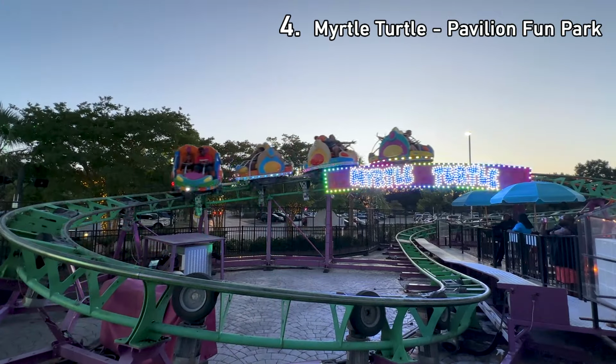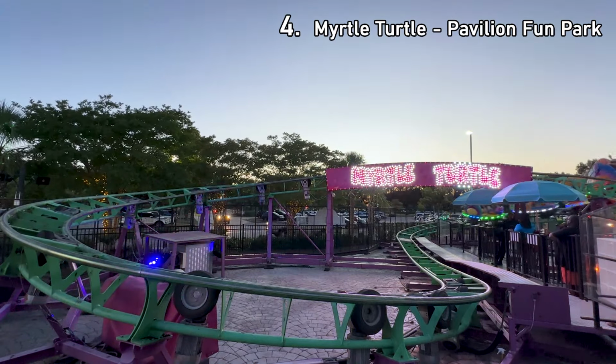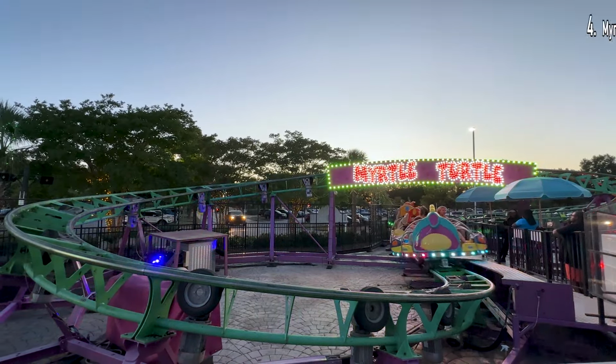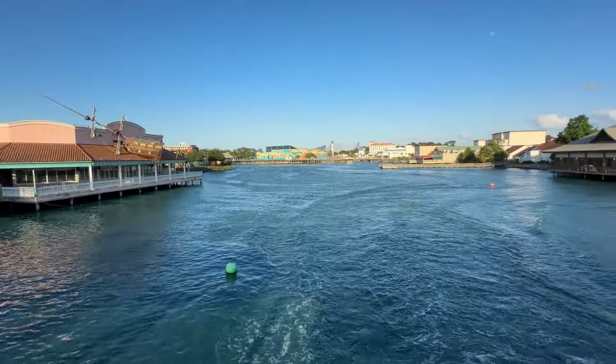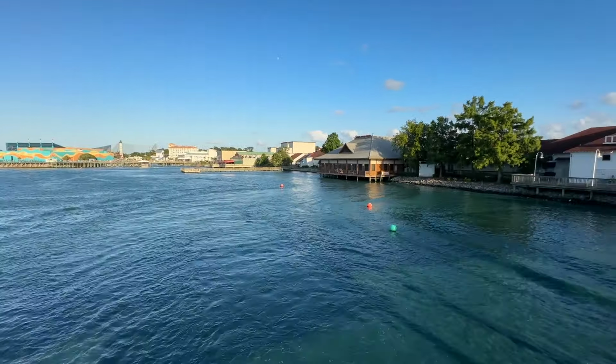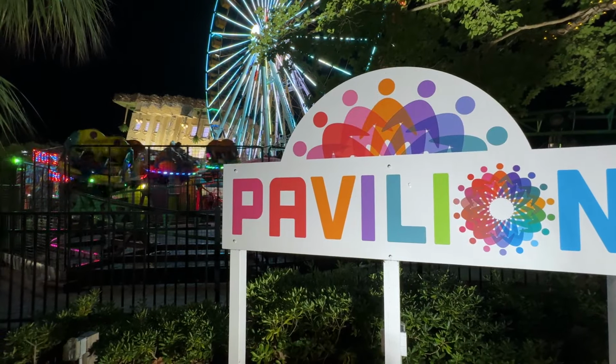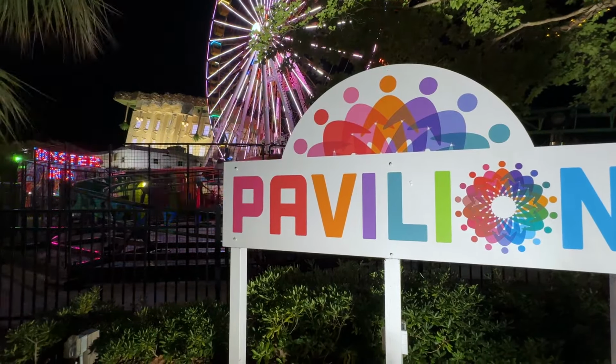Number 4. Myrtle Turtle, Pavilion Fun Park. Yep, another SBF Visa spinning coaster, nearly identical to Shark Party. This one is located at the popular Broadway at the Beach, the tourist hotspot with shopping, restaurants, an aquarium, and not 1 but 2 amusement park sections. So even if you're not prioritizing coasters during your visit, there's a high chance you're going to end up here